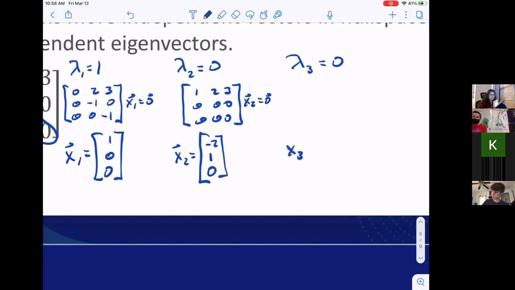To get my third one, I would use the exact same equations because I've got the exact same eigenvalue. This time, let the third one be 1 and the second one be 0. And notice that would mean the first has to be a -3. So that -3 times 1 plus 0 times 2 plus 1 times 3 gives me 0. And again, row 2 and row 3 is automatically going to give me 0. So repeated eigenvalues can give me independent eigenvectors.